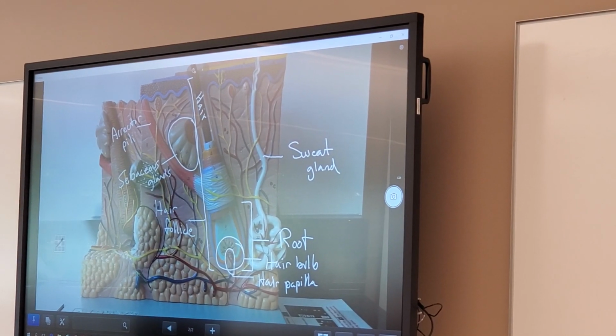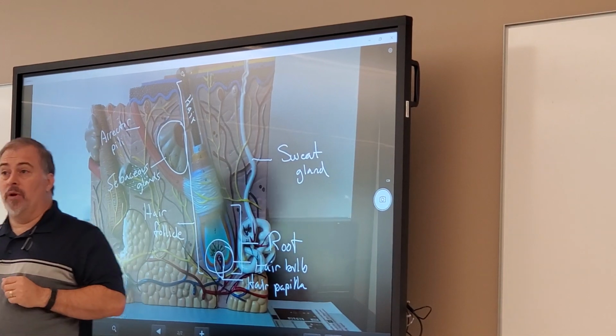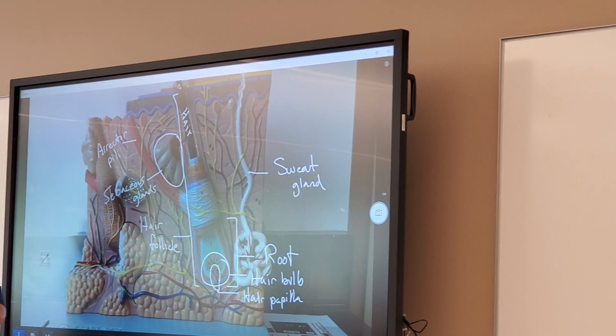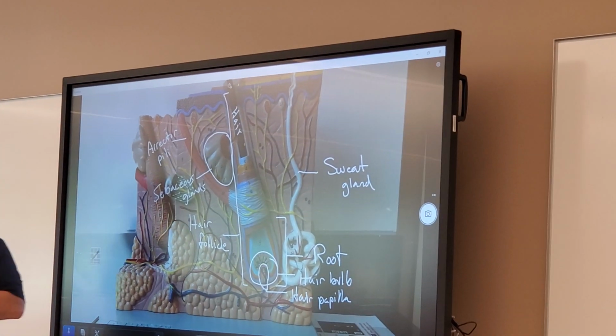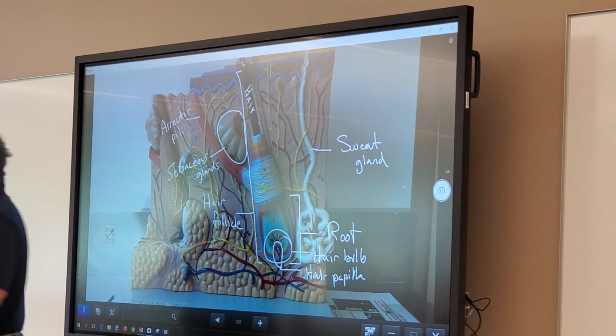You have a different type of sweat gland though, located in the axillary region, so armpits, and inguinal region, or groin. These are called apocrine sweat glands. And in addition to the watery secretions, they also secrete